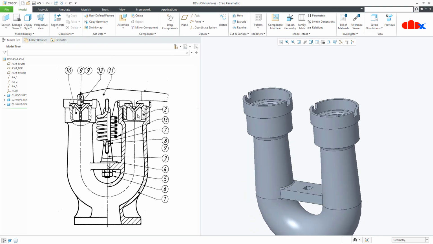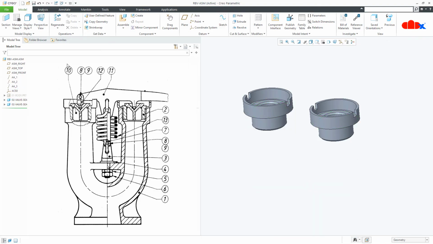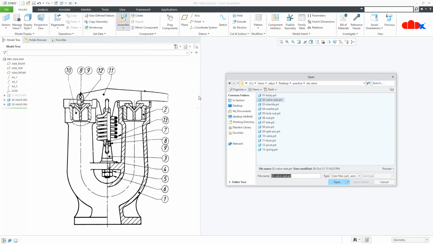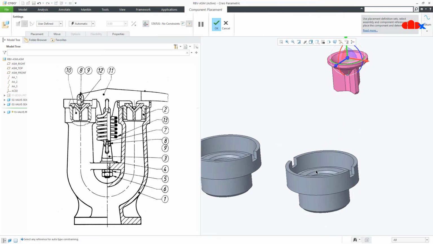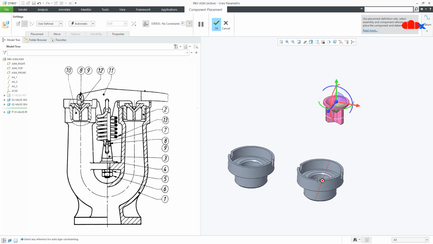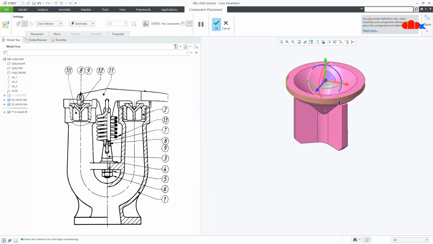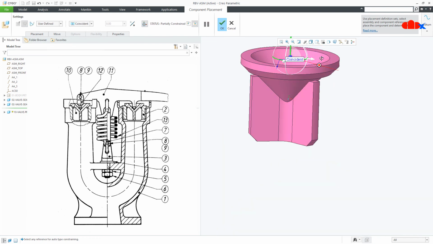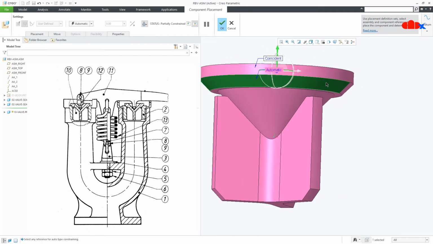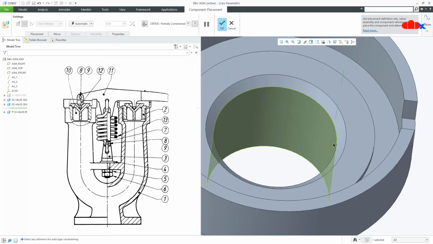Now the next part is this part, which is part number 10, valve. So I'll just hide this body and then I'll go to assemble, part number 10, open. Now here you first select this face with this face and then you go with this face to this face.